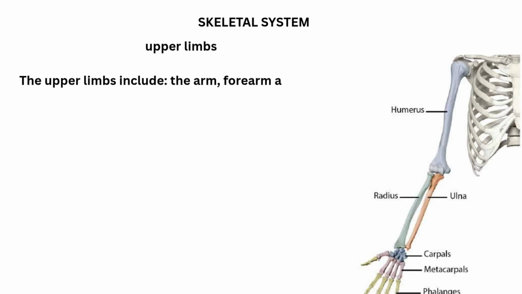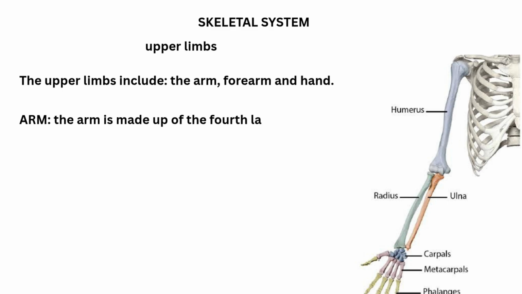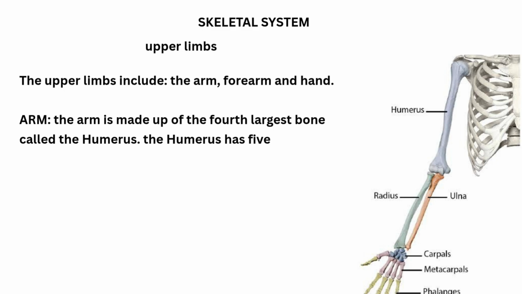Upper limbs. The upper limbs include the arm, forearm, and hand. Arm. The arm is made up of the fourth largest bone called the humerus. The humerus has 5 parts which include: